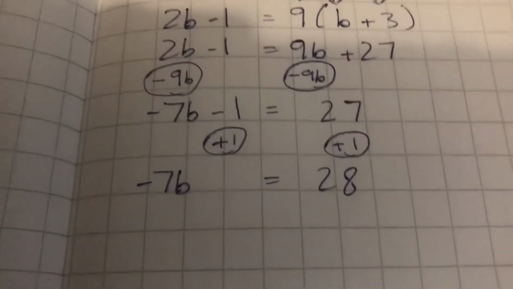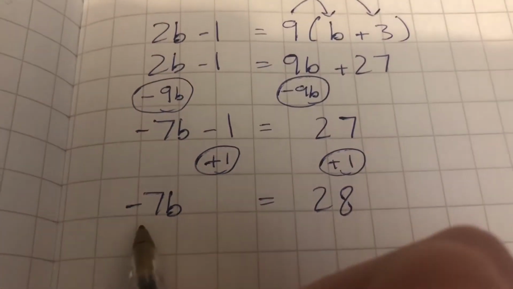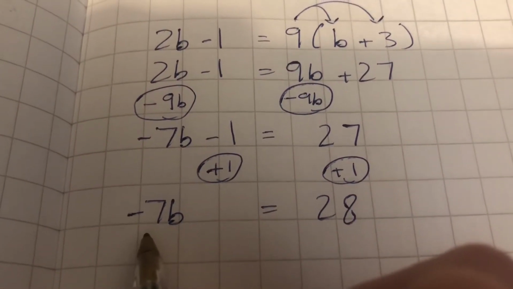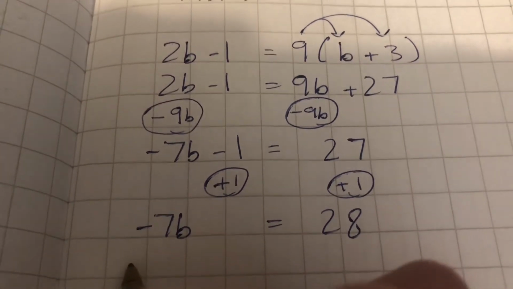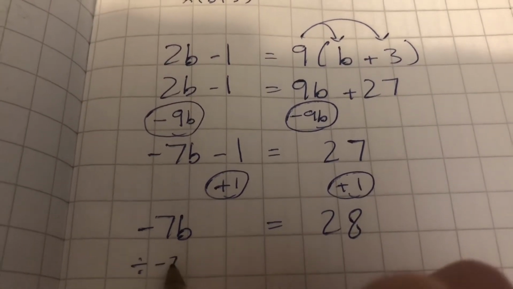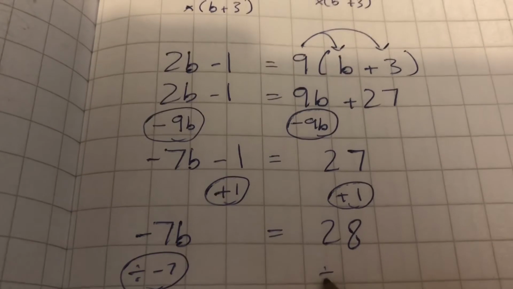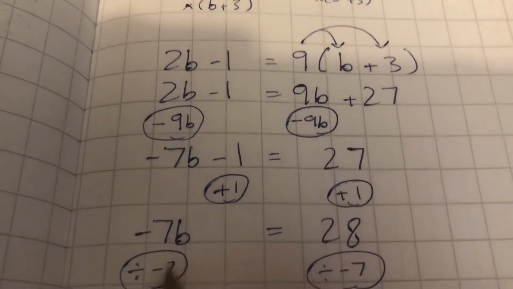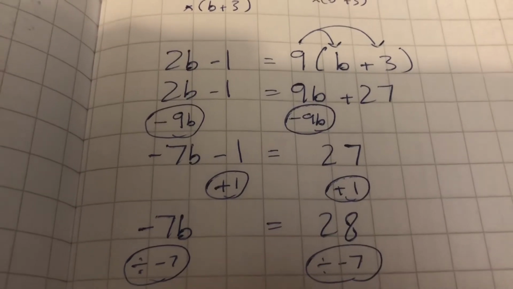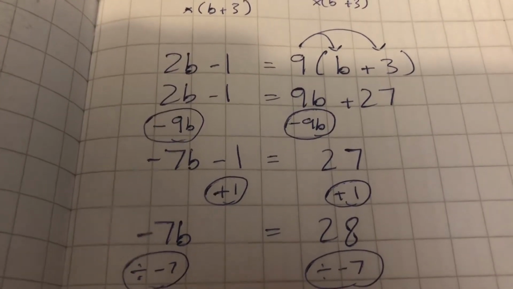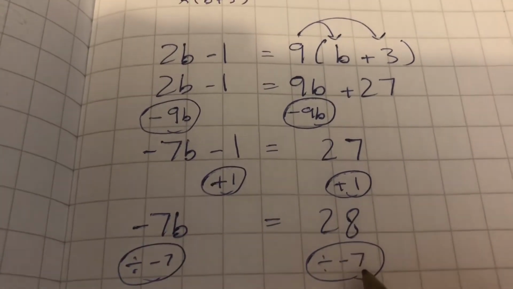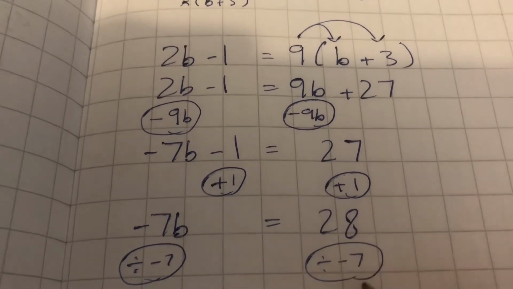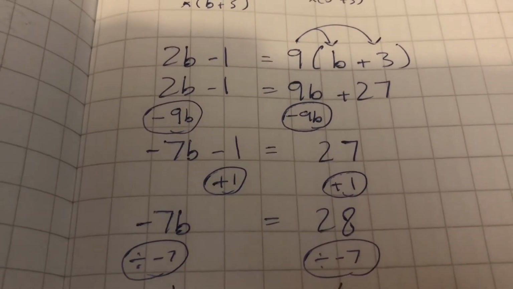And now what I'm going to be doing is I'm going to get rid of this minus 7. But remember, this minus 7 isn't subtracting with the b, it's multiplying. So I'm going to divide by minus 7 on both the left and right. So just be careful of that. Okay, so divide by minus 7. Alright, so that gets rid of the minus 7 on the left. So I'm left with b. 28 divided by 7 is 4, so 28 divided by minus 7 is minus 4, because that is a positive